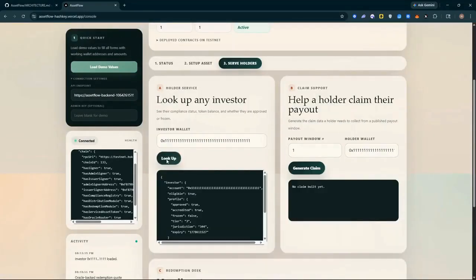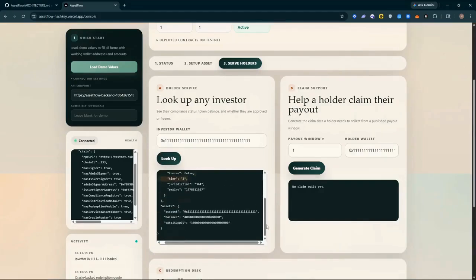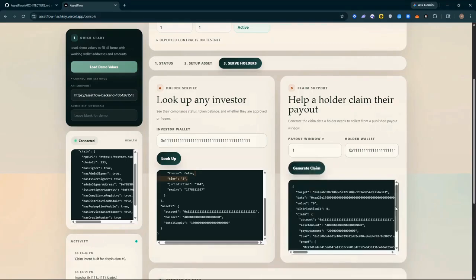Once the asset is live, the real job is servicing holders correctly. So we have an investor lookup card here, a claim support card, and also a redemption desk moving down. Let's start with the holder service card, which is the investor lookup card. This gives the operator a clean holder view: current eligibility, compliance status, and asset balance context. In other words, the issuer can answer, can this wallet hold the product right now, without relying on fragmented internal records. So when we look up here, we have everything: eligible, approved, accredited, frozen, Tier 3, jurisdiction, expiry,